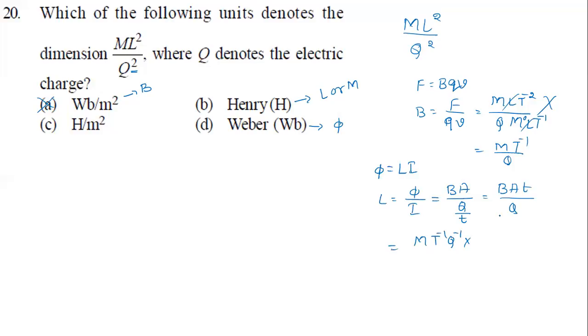Okay, B into area. Yes or no? It is L square into time T divided by Q. Now M is there. I'll keep M as it is. So Q will come down. It will become Q square. Now what is left over now? Time is left. Time is going to cancel, right? This is T power minus 1, T power plus 1. What is left? L square is left. So we got it, right? So M L square by Q square. So this is the right answer.